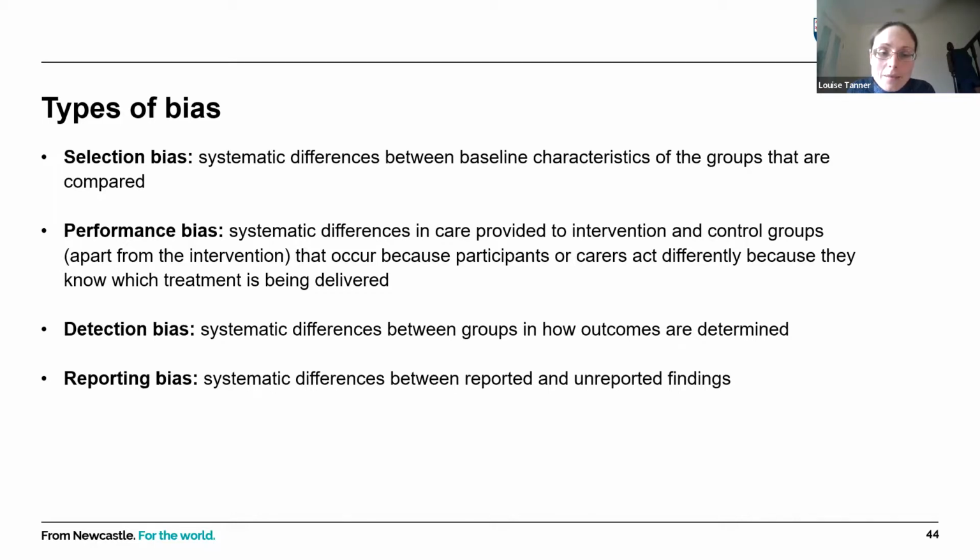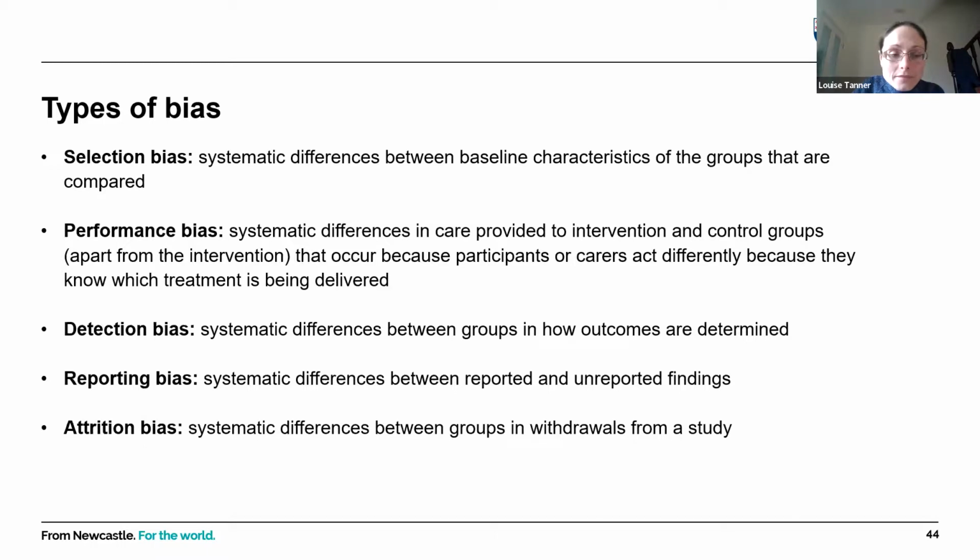He might collect data on lots of different measures of the outcome variables, so the number of decayed teeth, missing teeth, filled teeth, but only report results that show that the toothpaste is effective in improving the quality of the children's teeth. So you might miss out results of measures of tooth decay which show that the toothpaste isn't effective at improving dental hygiene.